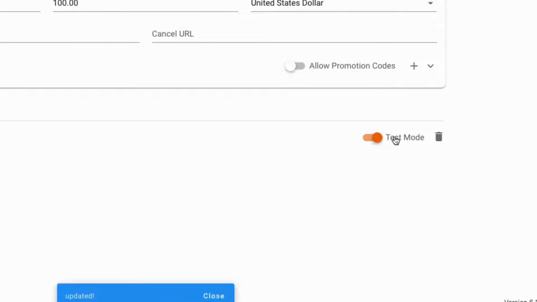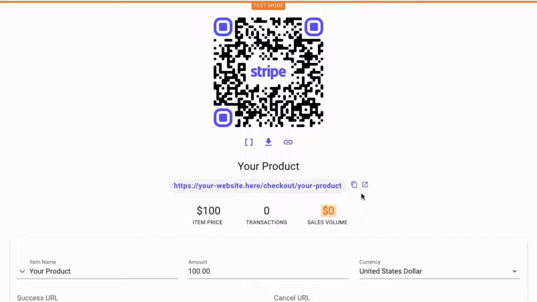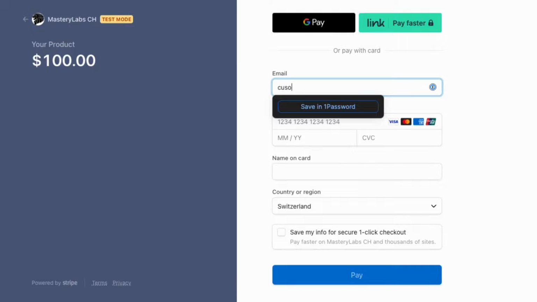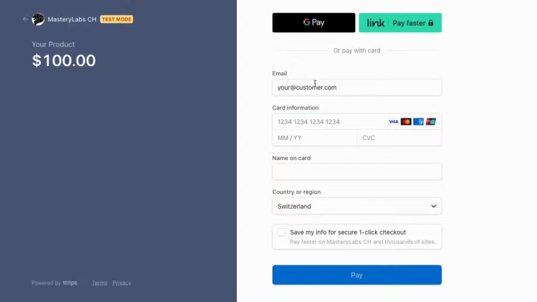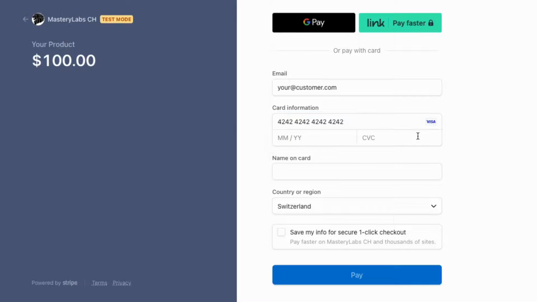Let's just activate the test mode here. And you can see now we're in test mode. Let's go ahead and open that link again. And how easy was that? Now you can see we're in test mode here, and we can pretend to be the customer. So this would be your customer's email, and you can actually do this with all your links. You can test them out and use a test credit card number,